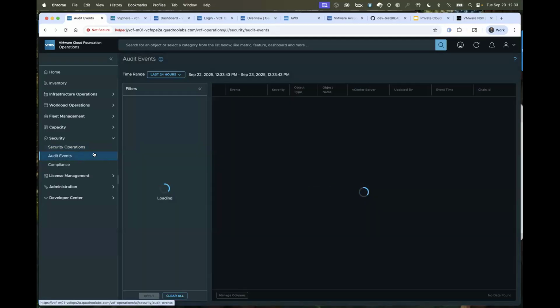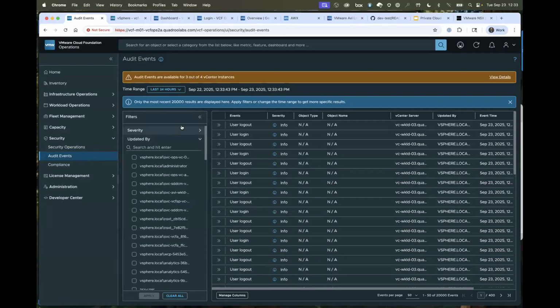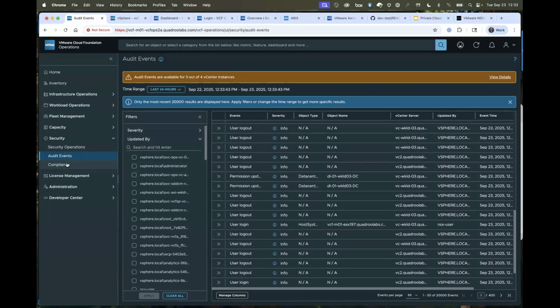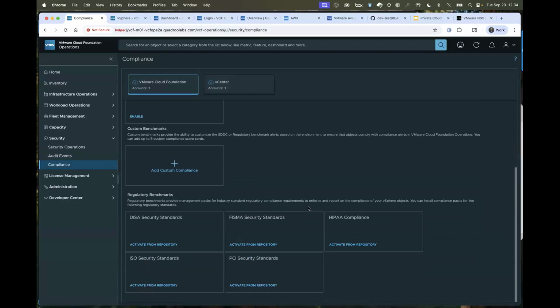And then Christopher, you mentioned the audit events. We do have audit, hardening, etc. Yeah, there are some audit events that we can see in here that might be related to some of the compliance and hardening guides. In the product itself, we have some baseline functionality, some of the hardening guides that we include here, whether that be for vSphere, vSAN, or NSX. But we also have some of the industry standard security guidelines as well.